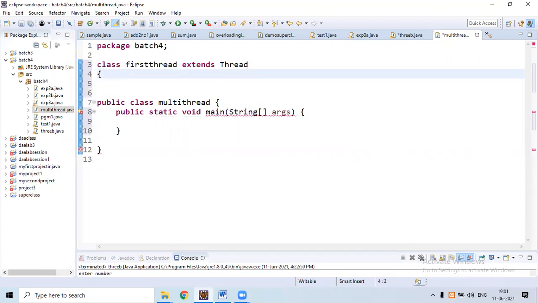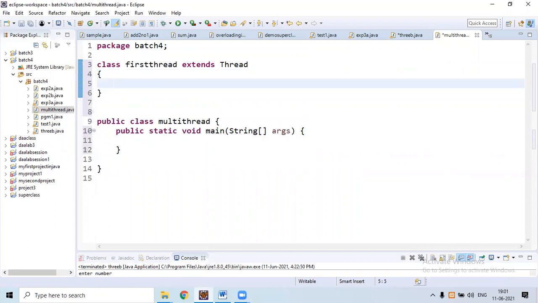Then opening bracket, closing bracket. Here the first thread inherits all properties and methods of the main thread, that is Thread. To implement any thread, we need to use two functions here.